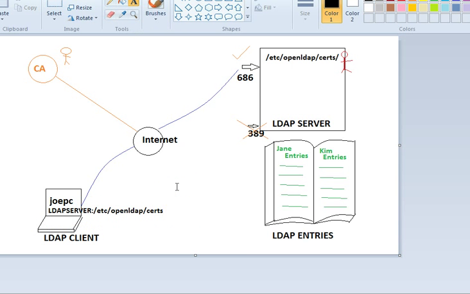You will tell Joe PC that you will tell all clients that that's what happens in reality, so that the next time they go, anytime they want to talk to the LDAP server, they automatically go to that location and pull the agent's ID from there and make sure it is the correct ID at all times. And that's how they prevent another machine from getting in the middle here